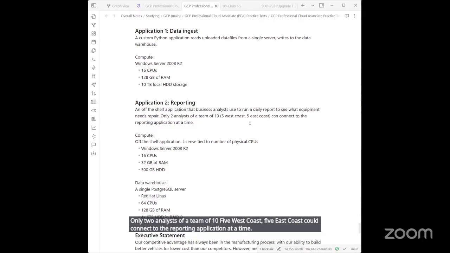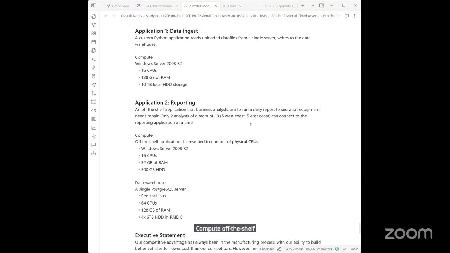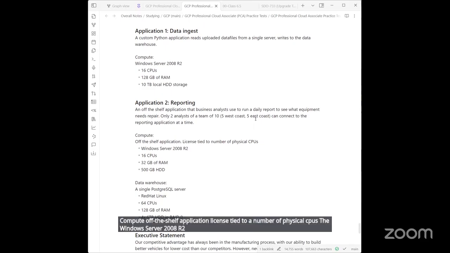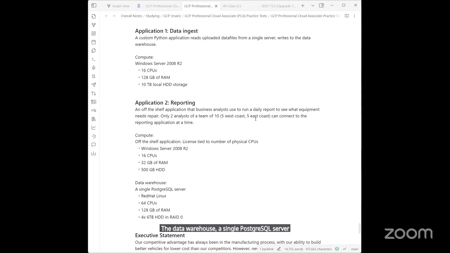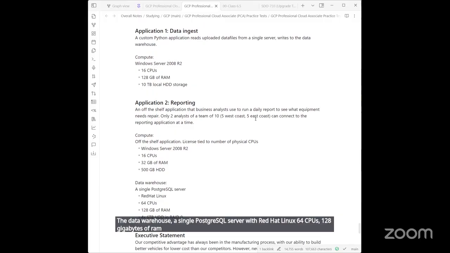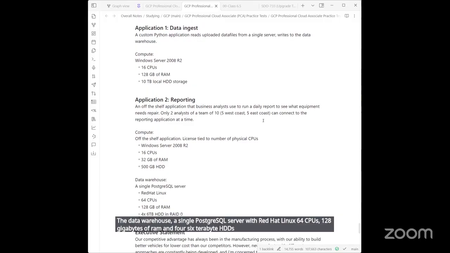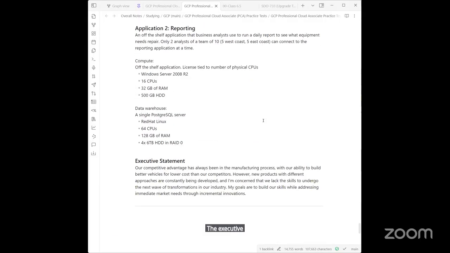Compute: an off-the-shelf application licensed tied to a number of physical CPUs, on Windows Server 2008 R2 with 16 CPUs, 32 gigabytes of RAM, and 500 gigabytes of HDD storage. The data warehouse is a single PostgreSQL server with Red Hat Linux, 64 CPUs, 128 gigabytes of RAM, and 4 6-terabyte HDDs in RAID 0. The executive statement says that the competitive advantage has always been in the manufacturing process,